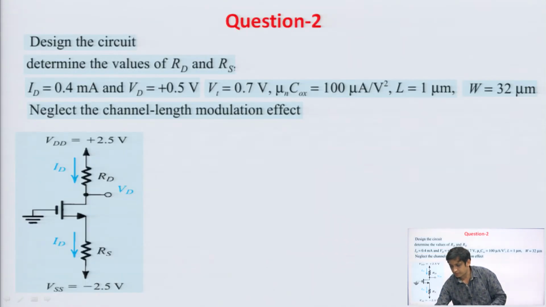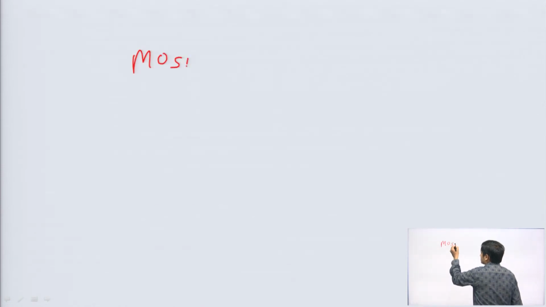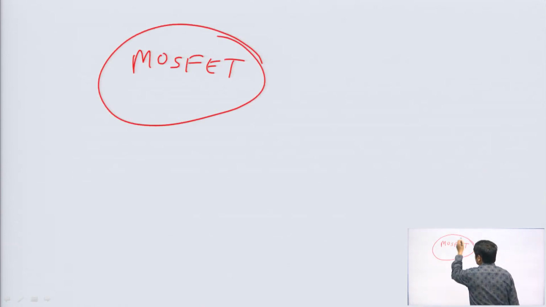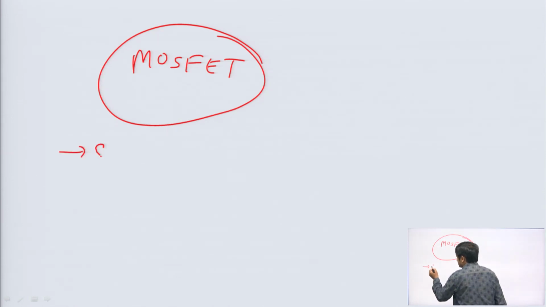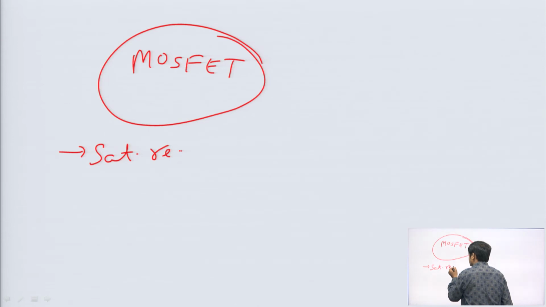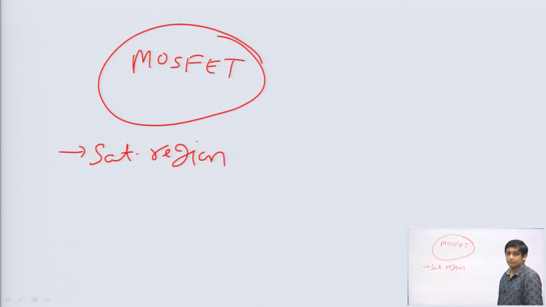Next is the problem based on MOSFET. So, to solve the problem based on MOSFET, what we need to do? Again the same approach, assuming that the MOSFET is in saturation region. MOSFET works as an amplifier in saturation, BJT works as an amplifier in active. Assuming that MOSFET is in saturation region, see, by observing the circuits based on MOSFET, sometimes it is very easy to find out the region of operation of MOSFET.